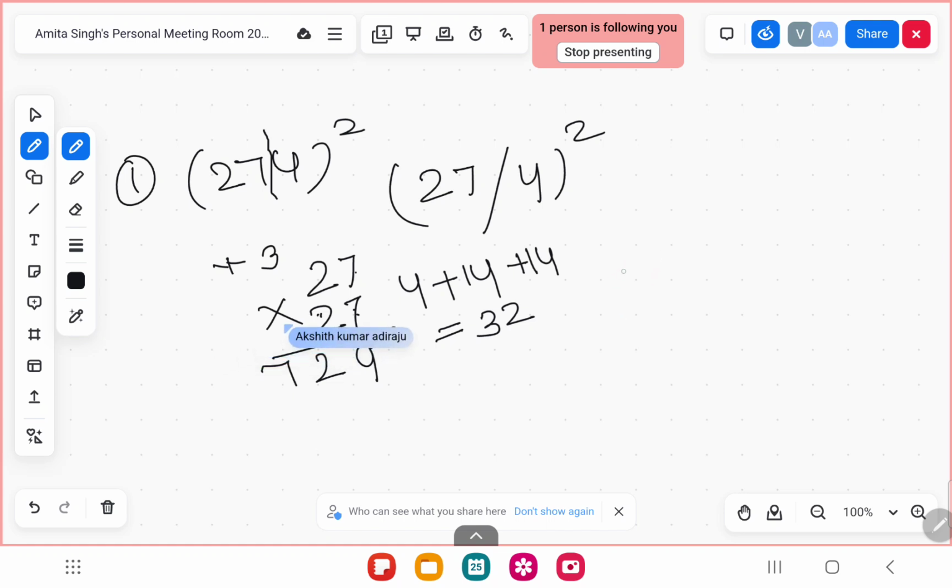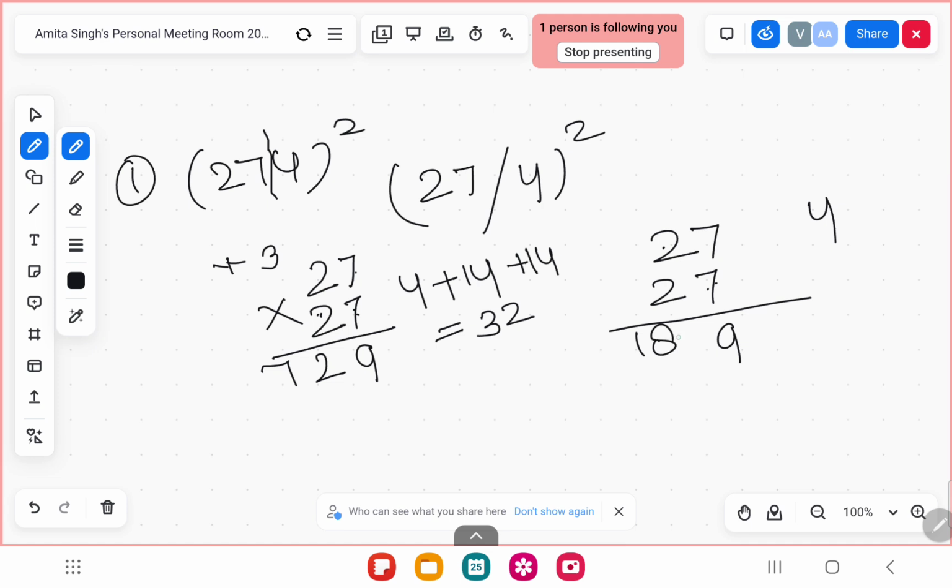This is basically another method. You can do the normal multiplication, but this is another method which will be in the comment section. We can go for the normal method also, no issue. We just don't want you guys to get confused. It's just solving in a different way. So 7 sevens are 49, 4 carried. 7 twos are 14, 14 plus 4 is 18.